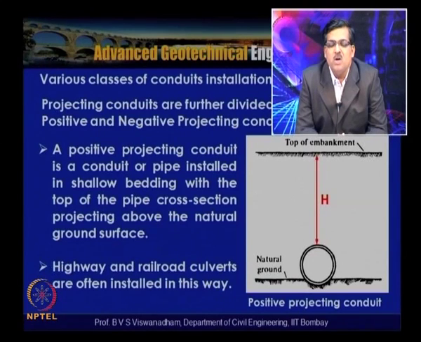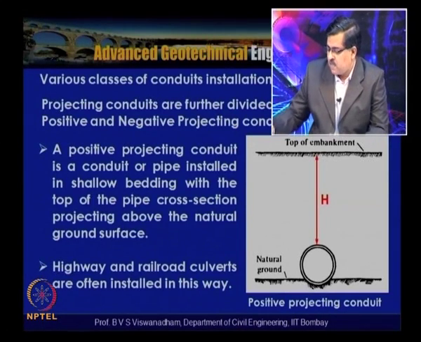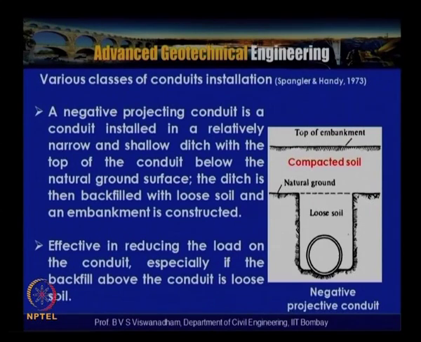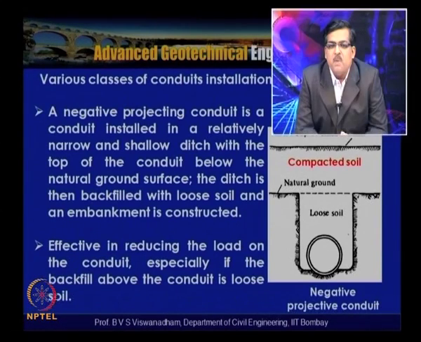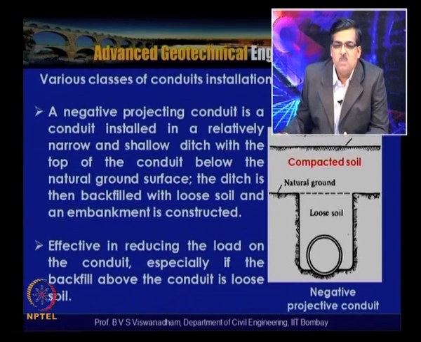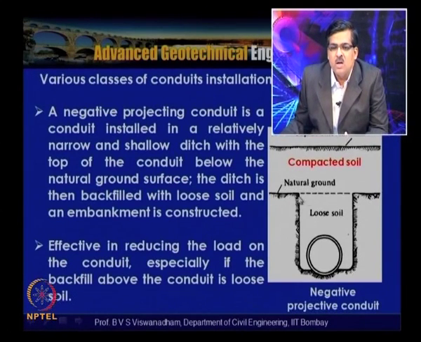A positive projecting conduit is a conduit or a pipe installed in shallow bedding with the top of the pipe cross section projecting above the natural ground surface. So highway and railroad culverts are basically installed in this way. A negative projecting conduit is a conduit installed in a relatively narrow and shallow ditch with the top of the conduit below the natural ground surface. Here this is the natural ground surface, and the top of the conduit is below it. That is the reason why it is called a negative projecting conduit,